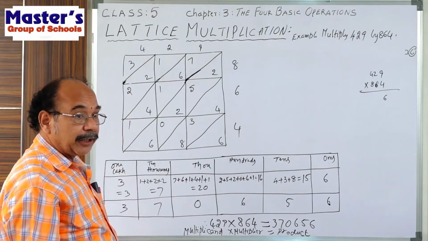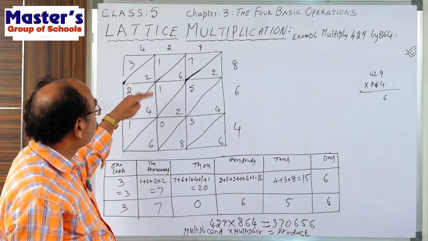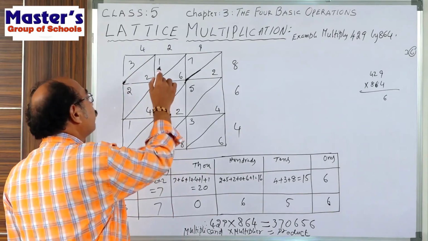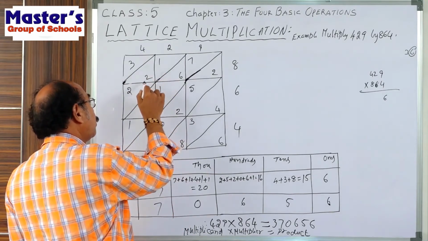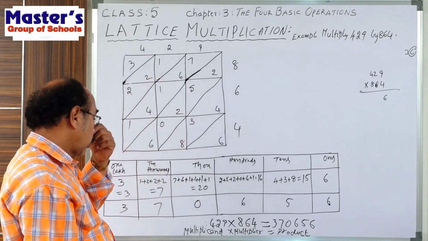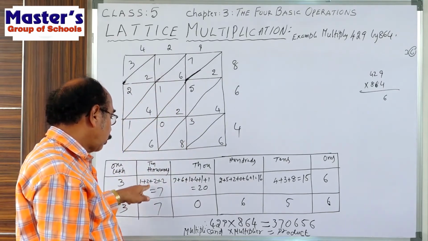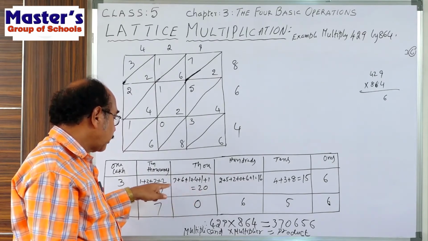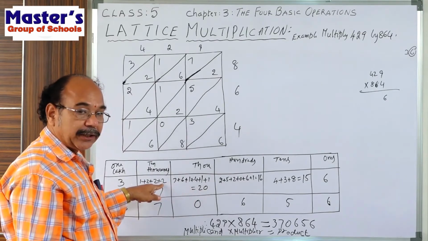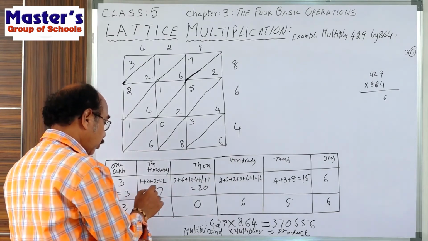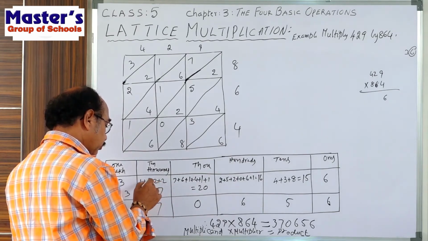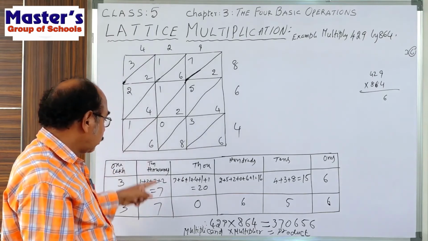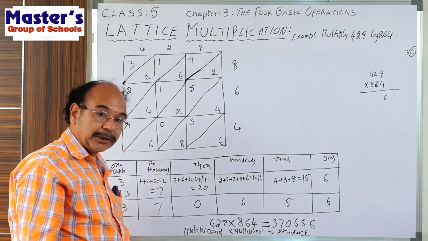What is the next? Now we go to the next diagonal. What are the digits in 10,000 here? 1, 2, 2. And this 2 is carried now. That's why the carried digit we write here plus. Now add 2 plus 2, 4, 4 plus 2, 6, 6 plus 1, 7. 7 is the single digit now.